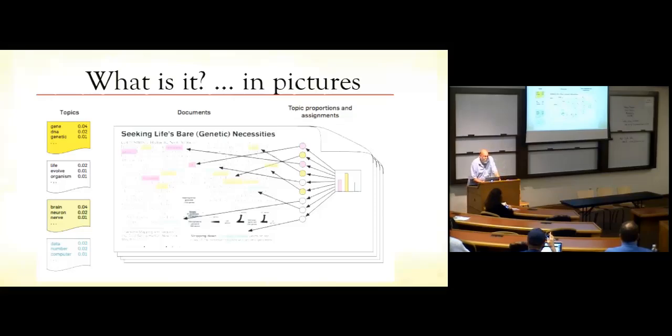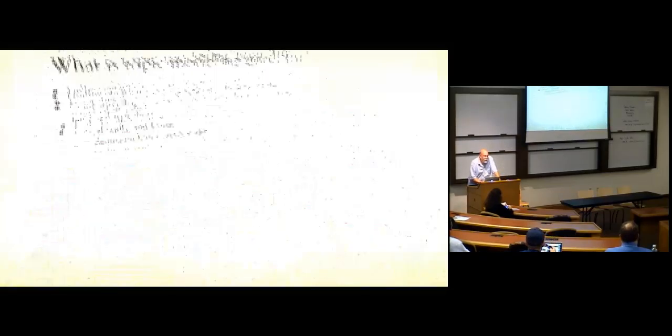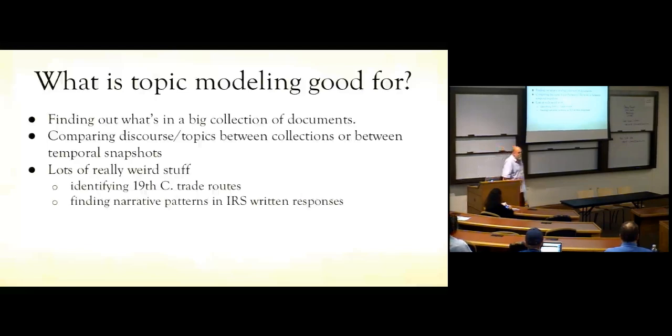But what the software does is essentially make statistical guesses about what topic each word might belong to, and it does that repetitively until it has those topics refined into keyword clusters that you can use. There's a ridiculous amount of math behind this. If you want to look in Wikipedia, there's a reference at the end of the slides to an article on latent Dirichlet allocation, which will show you more Greek symbols than you ever thought were possible, and basically tell you what I just told you. Again, what it's good for is finding out what's in a big collection of documents. But once you've done that, there's lots of stuff you can do.